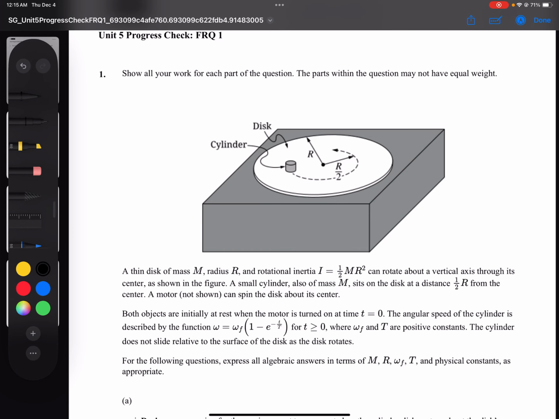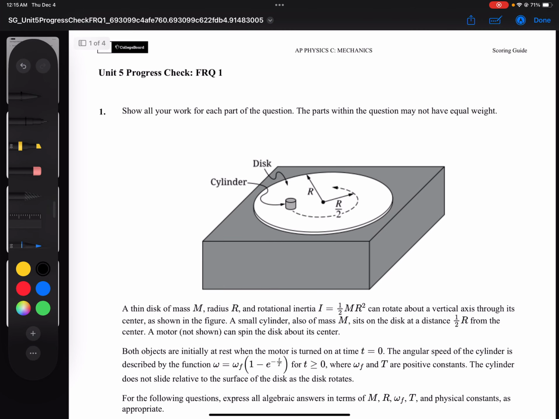Okay, so I'll be going over the FRQs from the Unit 5 progress check. So here's the first one. We have a disk and a cylinder that's sitting on top of the disk. And the disk has a moment of inertia of 1/2 mr squared. And we're dealing with a small cylinder that also has a mass m that is 1/2 r away from the